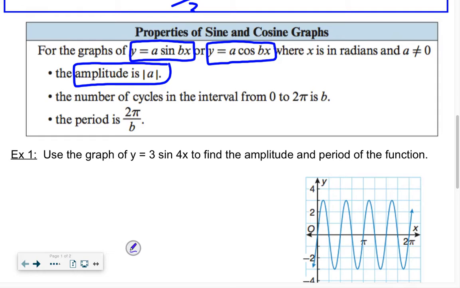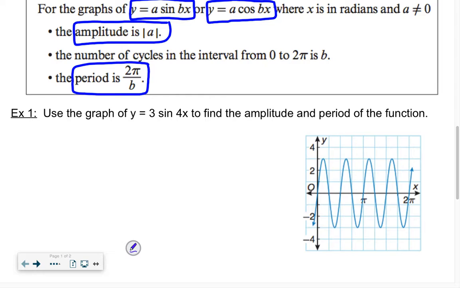Okay? The other thing that we need to know is that the period can be found by using this formula, 2 pi over b. So let's go through example 1. You'll catch on to the amplitude and period very quickly. It says to use the graph of y is equal to 3 sine of 4x to find the amplitude as well as the period. If we start with the amplitude,